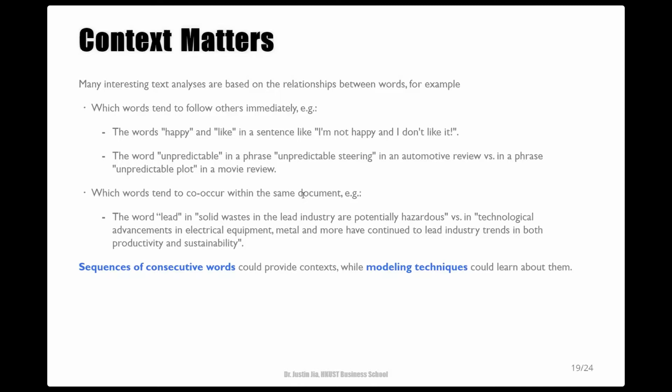Therefore, in order to capture the bits of context that can help analyze sentiment, we should go beyond unigrams. Sequences of consecutive words might capture structures that aren't present when we just count single words, and could provide context that makes tokens more understandable. And we can further use modeling techniques to learn about them.